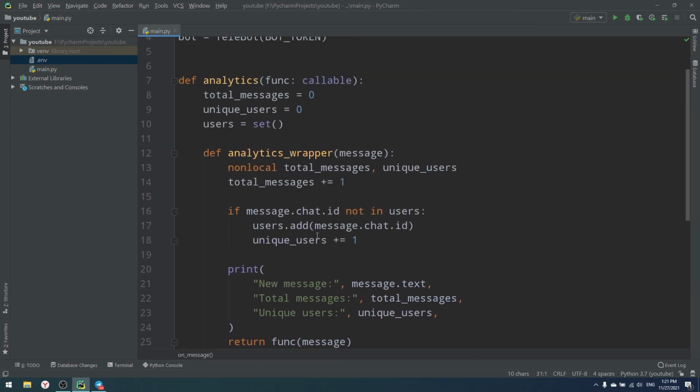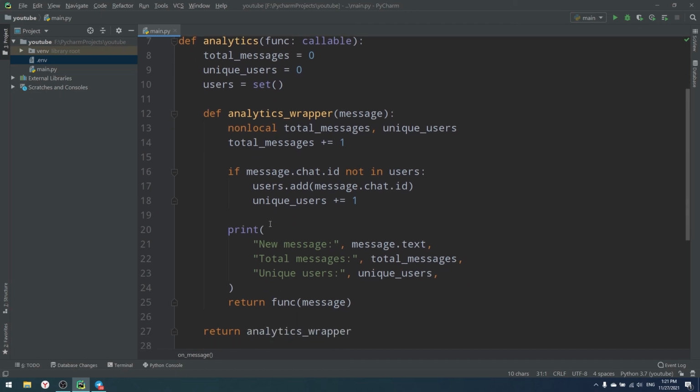Okay, so it's a very simple analytics. Of course, you need to do something else if you're working with a real application, and if you want me to continue with analytics, with all that stuff,